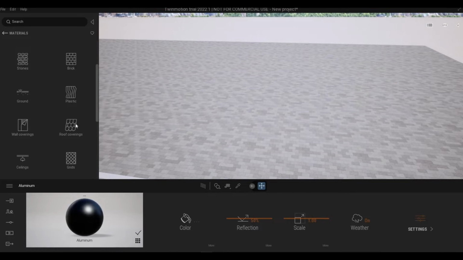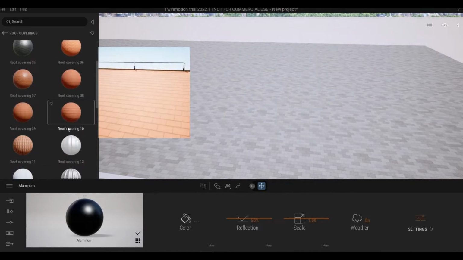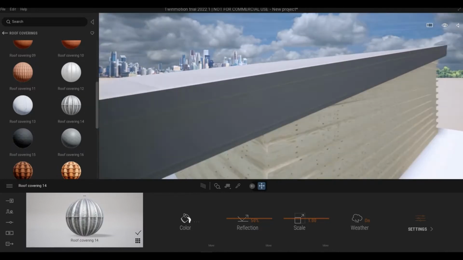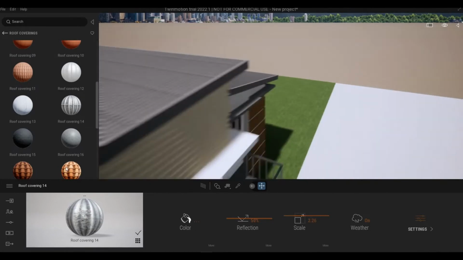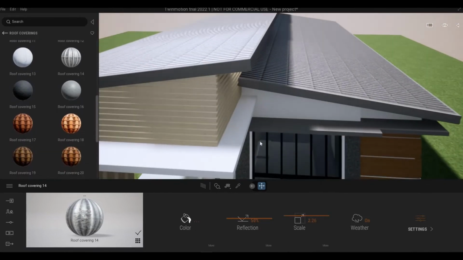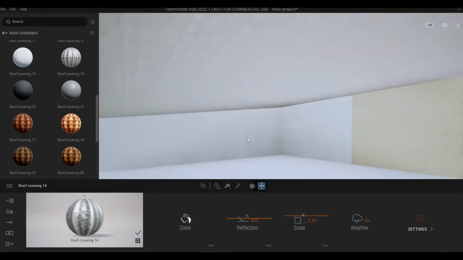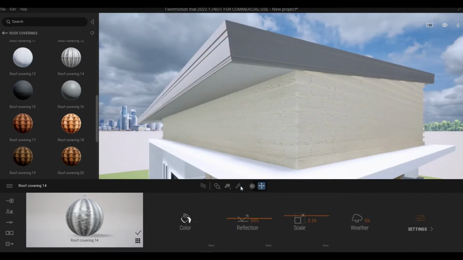and let's go to the roof covering. I'm gonna use this and then scale it a bit so it will be the same as the other side. This will be metal, so let me do this. So I use bronze,